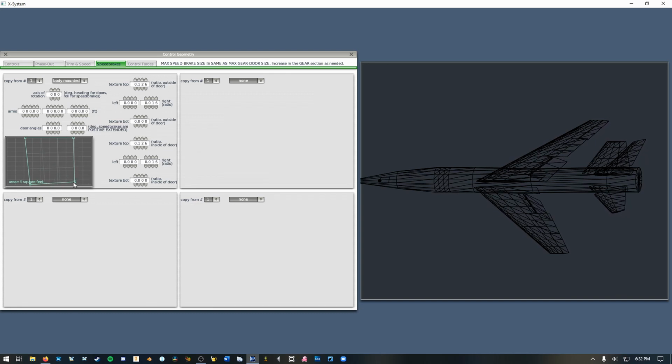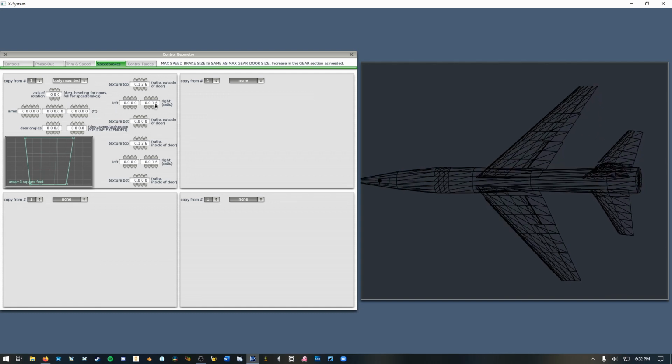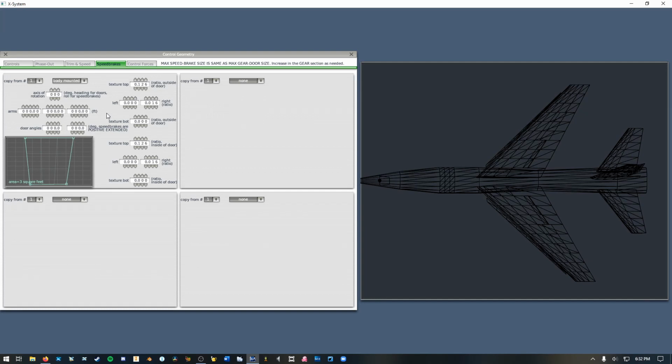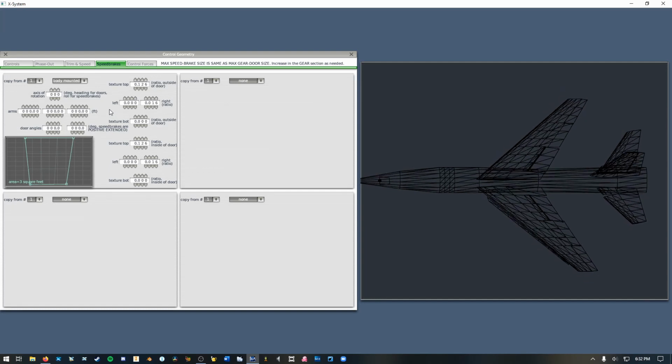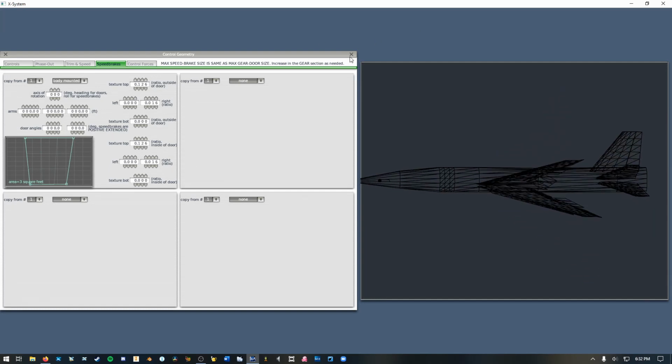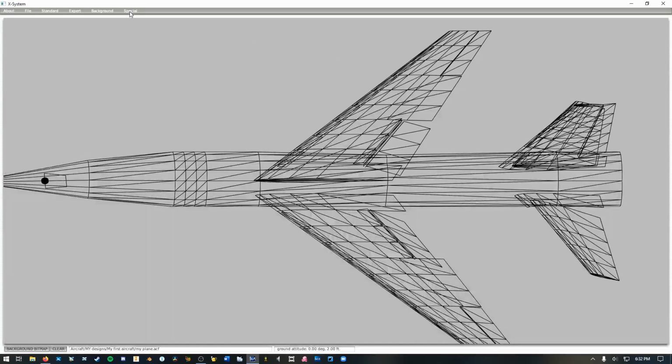So this is how you shape your speed brakes. As you can see, I move this point around here, you can see that moves around here. So these are the corners of your speed brakes. This is different. Sorry, I normally work in a different version of X-Plane. Oh, right, okay, so to make your speed brakes max size bigger,